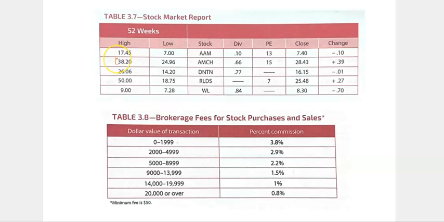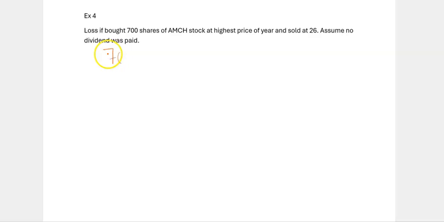So I come up here to table 3.7, and I see it's my second column, my second row that I can't draw a box around very well. That's what I'm looking at, and I know that I paid $38.20 per share when I bought it. So I'm going to take my 700 shares, and I'm going to multiply them by $38.20. And when I do that, I paid